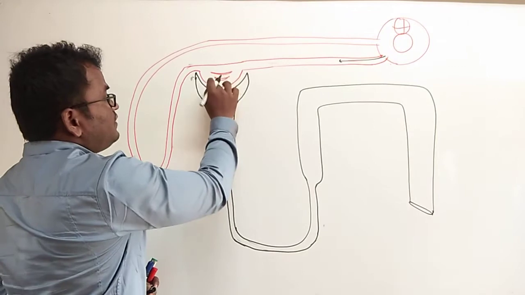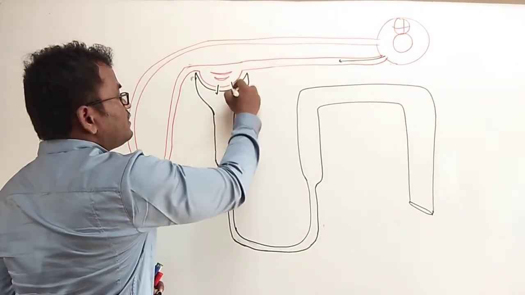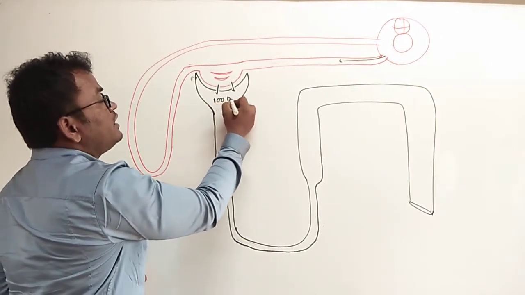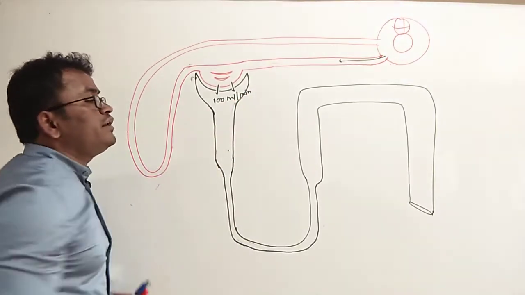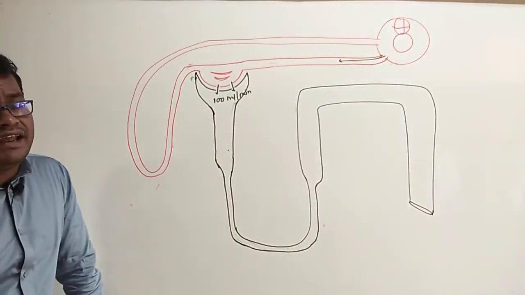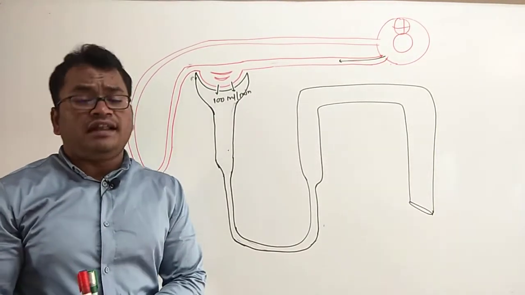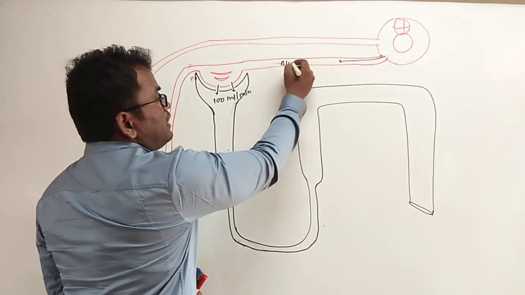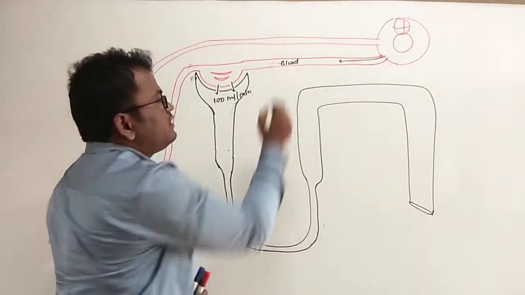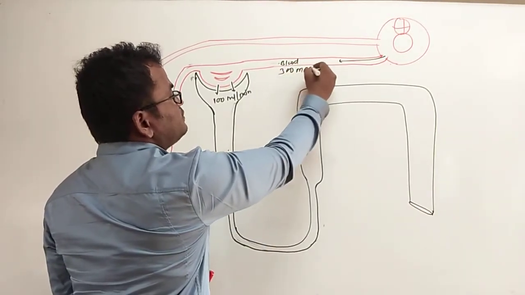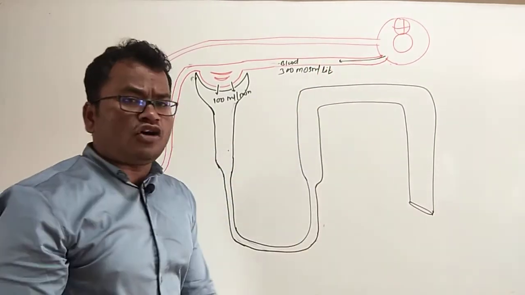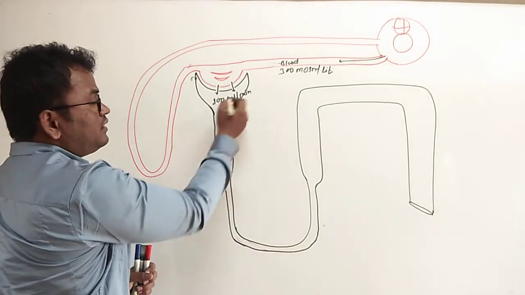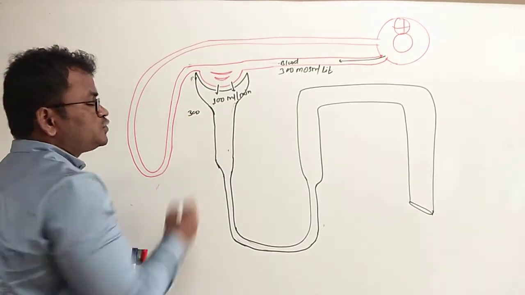From the glomerulus there is a filter, the renal plasma flow, and in Bowman's capsule there is filtrate. How much? Nearly 100 ml per minute. This filtrate contains solvent, solutes and other electrolytes. Hence the filtrate is isotonic with blood, and blood has an osmolarity of about 290 to 300 milliosmol per liter. This is the normal osmolarity of blood, so the filtrate has the same osmolarity, 300 milliosmol per liter.